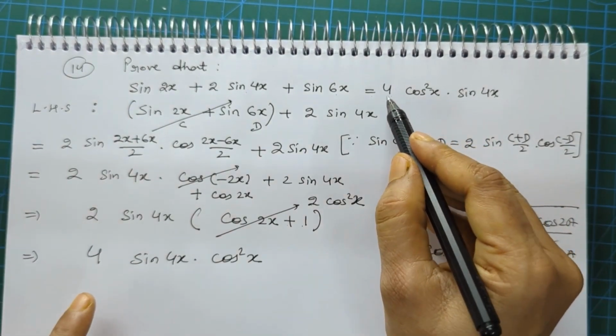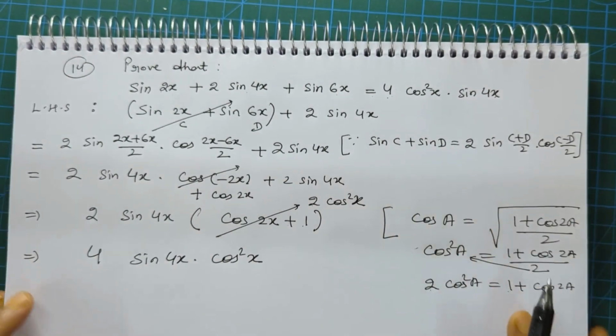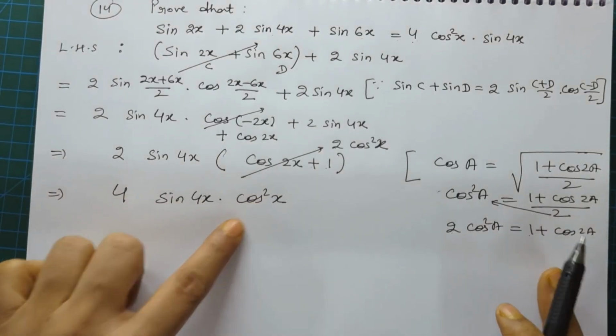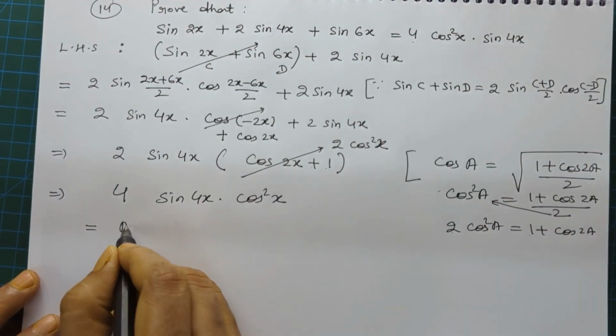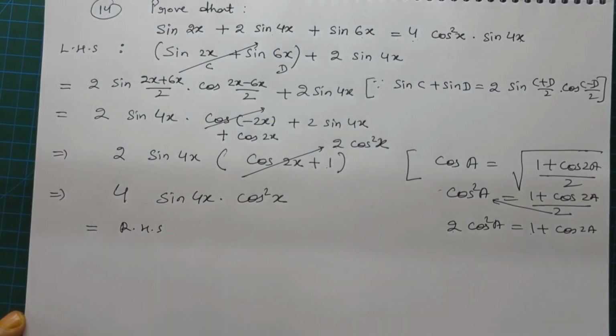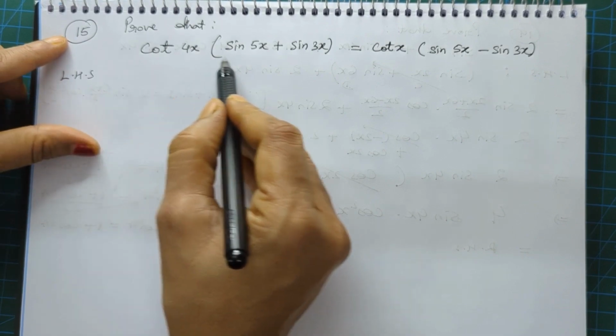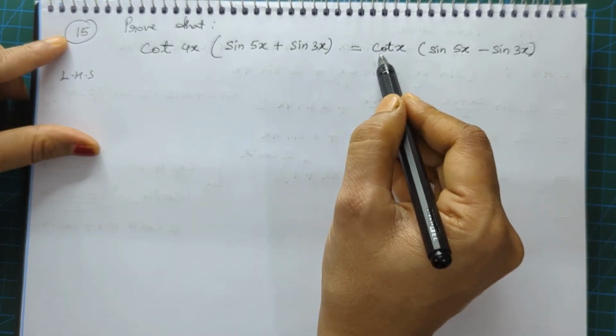We have 4 sin 4x times cos square x. 4 sin 4x times this, and this happens to be the right hand side, and hence the identity is proved. Now coming to 15th question, we have to prove that cot 4x times this expression is equal to cot x